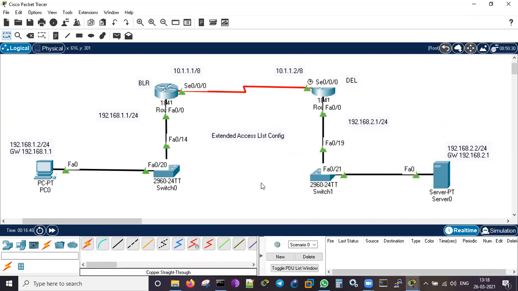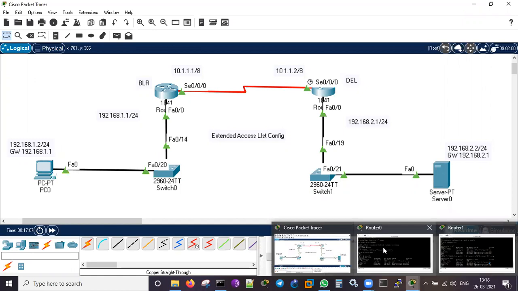So what is left is that we just need to configure a routing protocol between these two routers. This is a different network, a different subnet. 192.168.1.0 is a different subnet. 192.168.2.0 is another subnet. If you would like to configure the two subnets to talk to each other, we have to configure the routing part. Any routing, I can just take that.